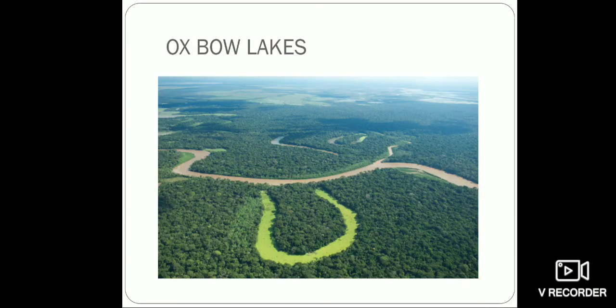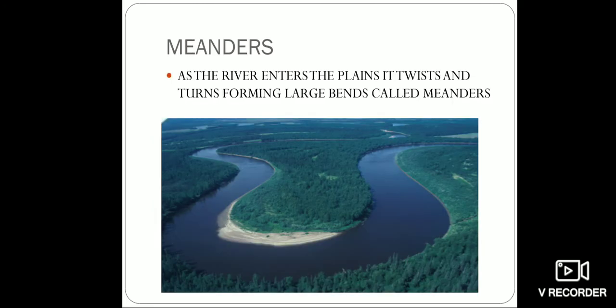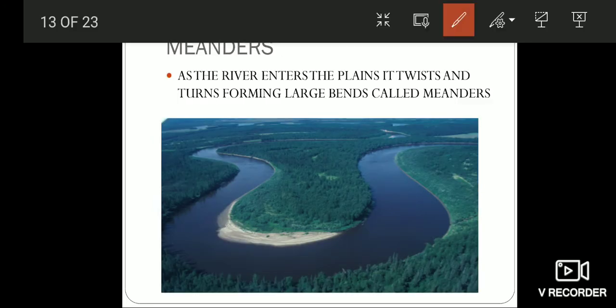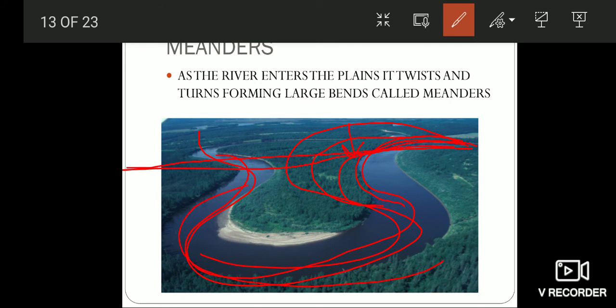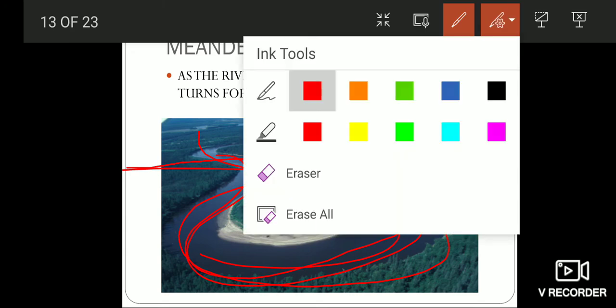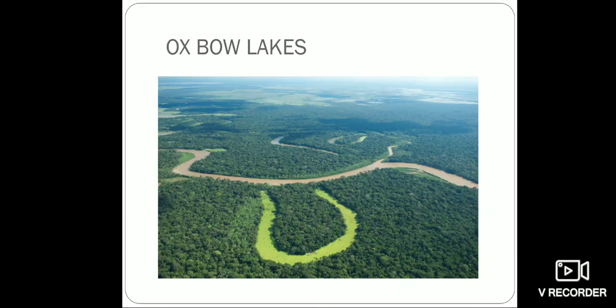Now, next one is the oxbow lake. I will show you how oxbow lakes are formed. So you can see this is the flow of the river. The flow of the river continuously strikes toward this place and it erodes the material continuously. This erosion will continue and the river structure will be like this. And one day the river will flow directly in this direction, straight. And this portion will be separated by the river. And that is how an oxbow lake is formed, as you can see in this next picture. So that is how an oxbow lake is formed.